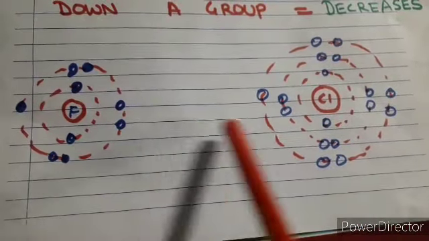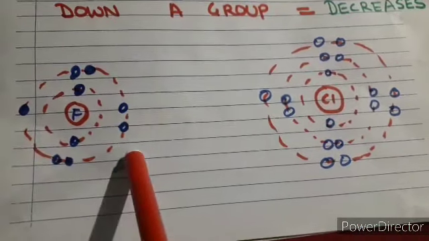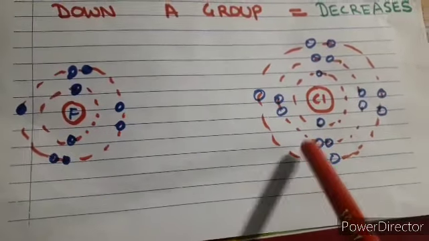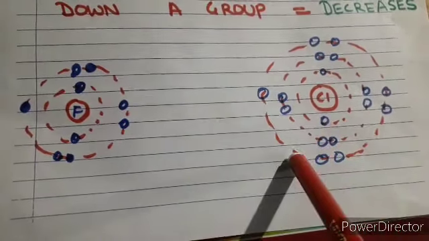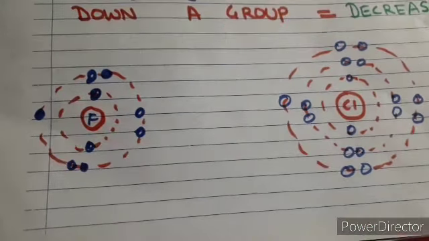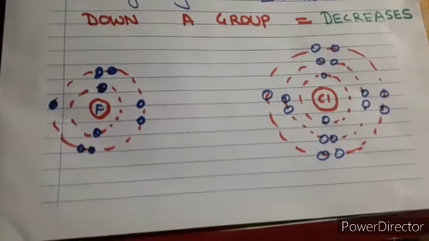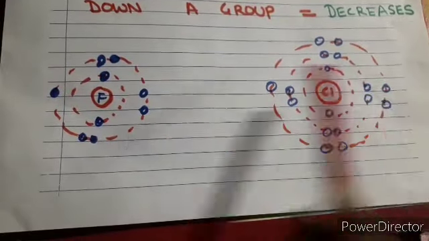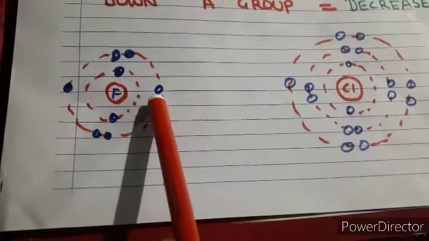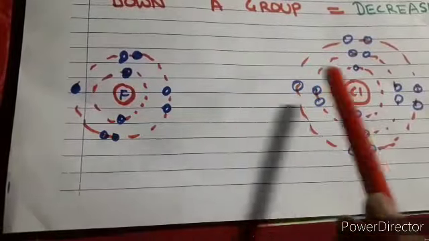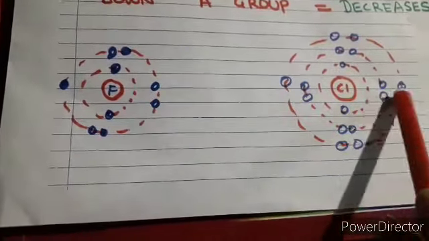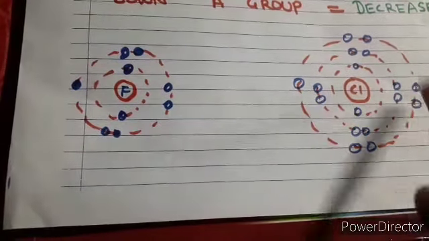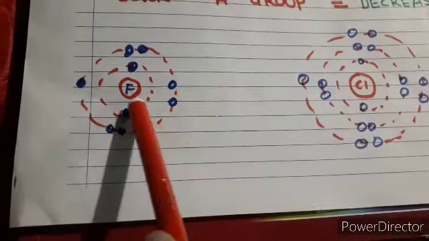So once again I am coming to my topic. I have made over here the atom for fluorine, and even for chlorine. Now we have to focus on the first point, that is the atomic size, right? Over here the atomic size is more for Cl in comparison to F, right? We have already discussed that the more the atomic size, the more the number of shells, and the electronegativity decreases, and over here it will increase.